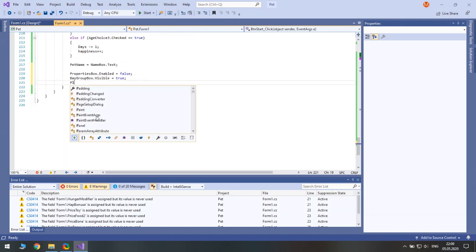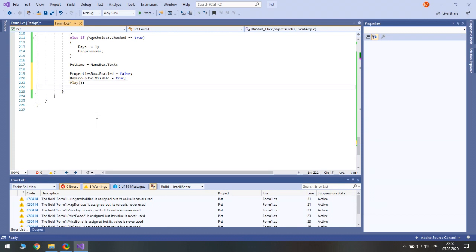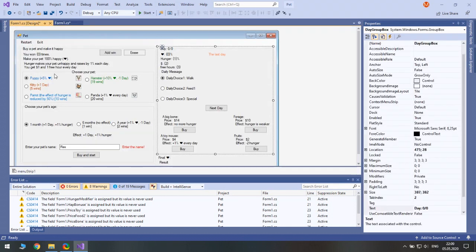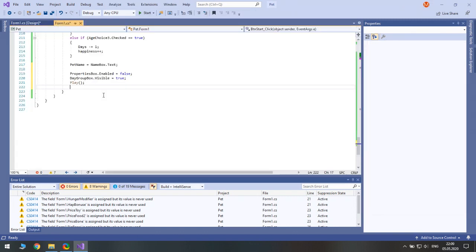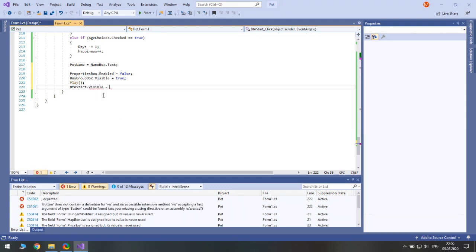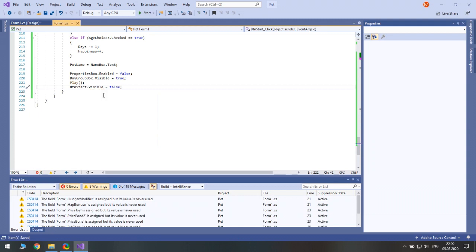So type play, open and close parentheses, and I guess we should hide this button, not to double start it. So button start visible equals false. Let's check it.